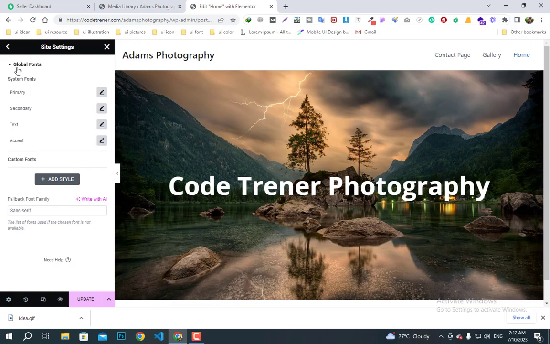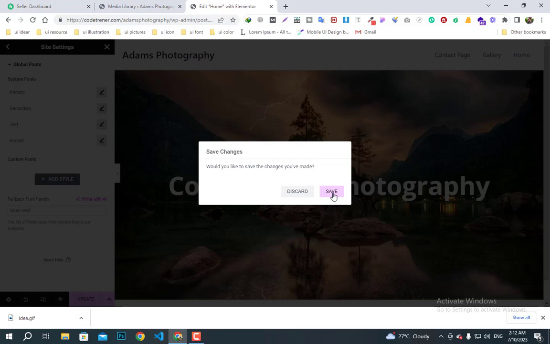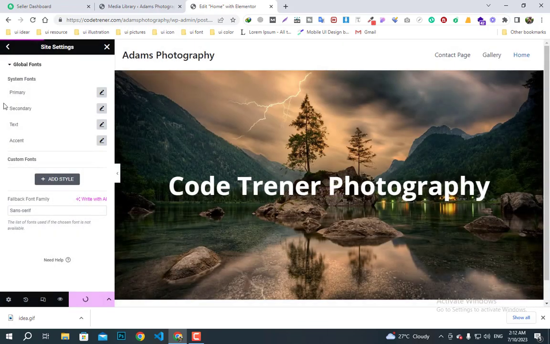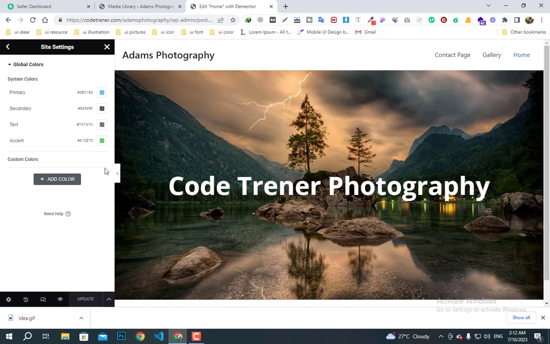Okay, so it's done, and then let's go to global colors. There are 4 colors. This color will be used for our paragraph text, and there is one more thing, we'll create a custom color,